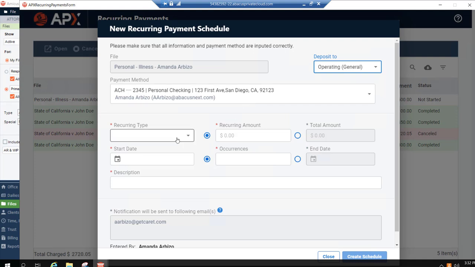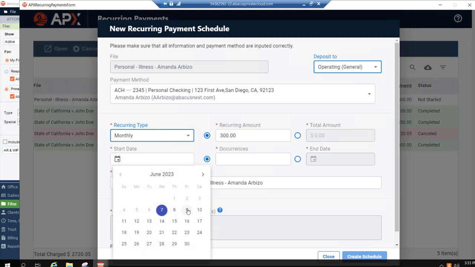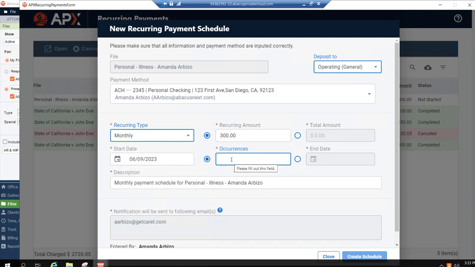And the next thing I'll do is select my recurring type dropdown. So from here we have multiple options available. The most common would be monthly. Now the next thing you're going to do is decide which of these boxes is appropriate. So our recurring amount box is typically used when we are anticipating costs. The client does not yet have a very large balance, but we are expecting them to, so we want to charge them $300 starting on the 9th, meaning it will collect on the 9th of every month for the next